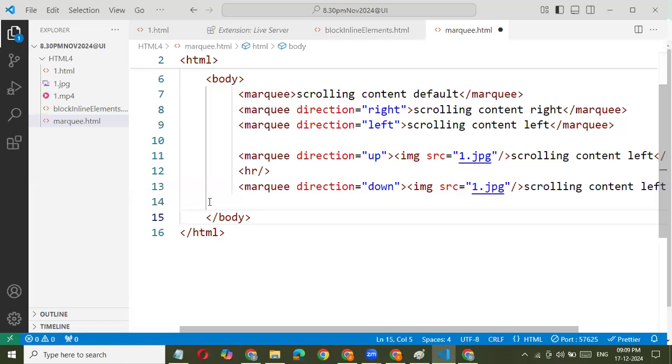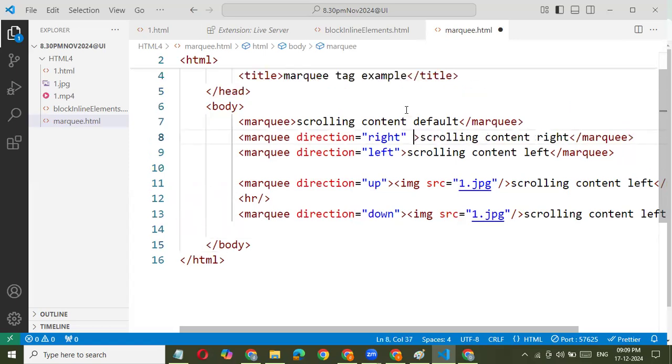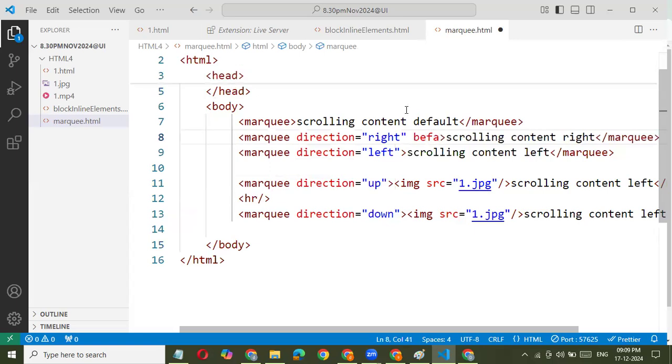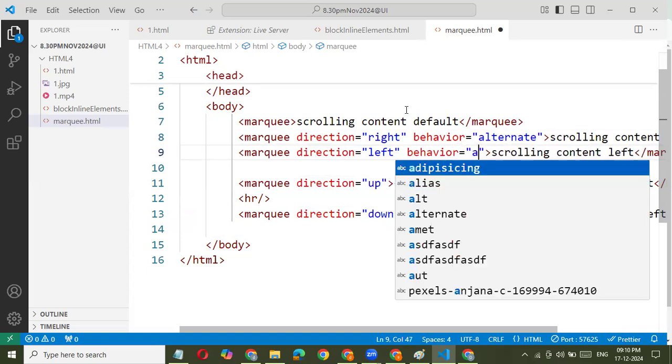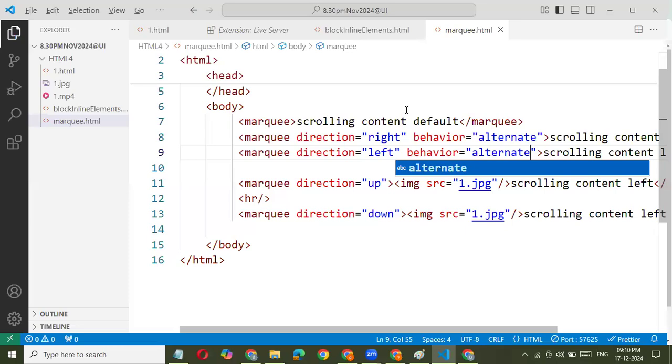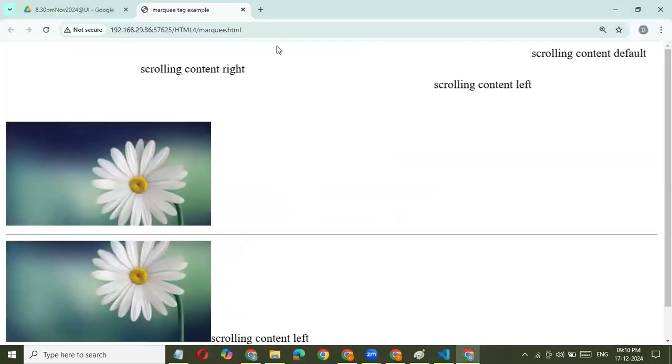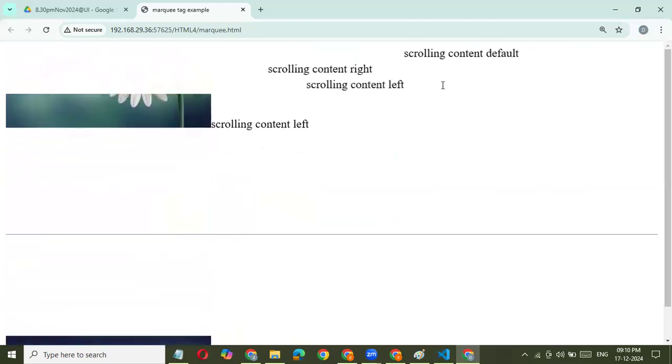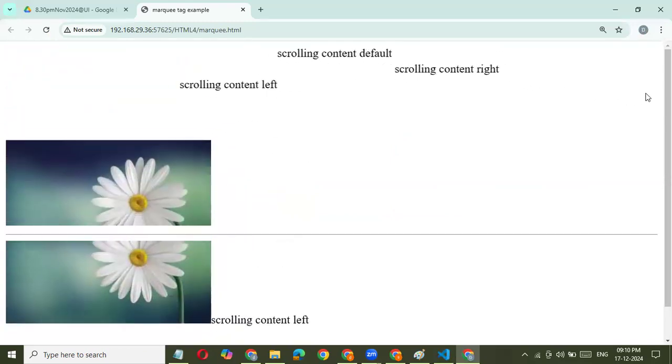here only you can check behavior alternate only for the left and right. The default one we can write as behavior alternate. Because of this behavior alternate, check how the content will behave. See here, towards the left direction, towards the right direction, the content will move in between the left